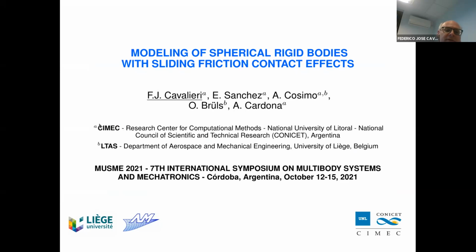The first one is CIMEC, at the National University of Littoral and National Council of Scientific and Technical Research, CONICET, both institutions of Argentina. And the second institute is the LTAS, which depends on the Department of Aerospace and Mechanical Engineering of the University of Liège